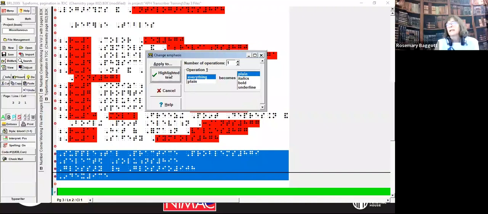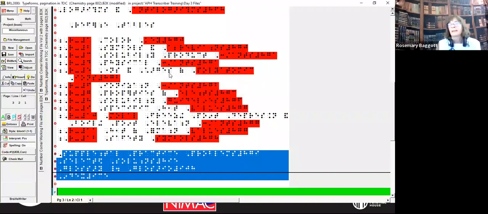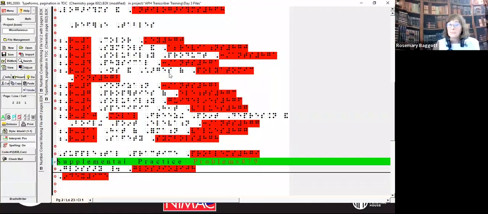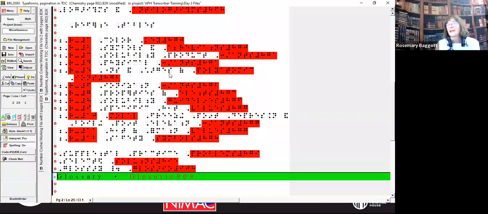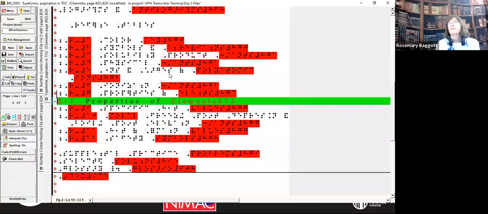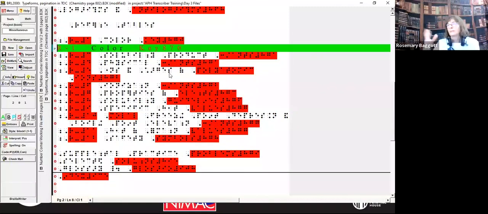Everything becomes plain, highlighted text, and it's done. I had already done it manually, but it would look like this had I done it just that way. So, of course, before I would complete this file, I would complete the table of contents. But that basically covers what I have for typeforms, unless there are questions.